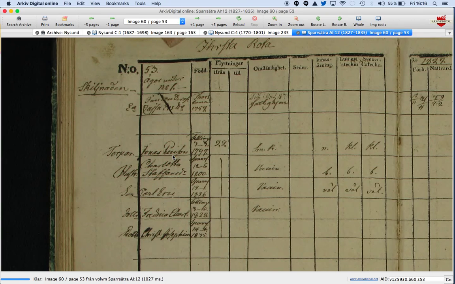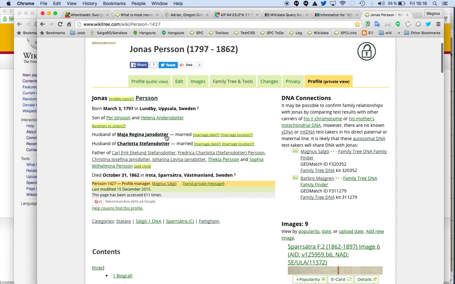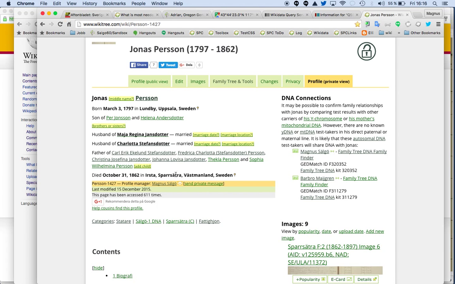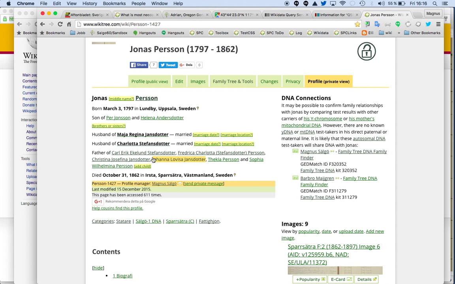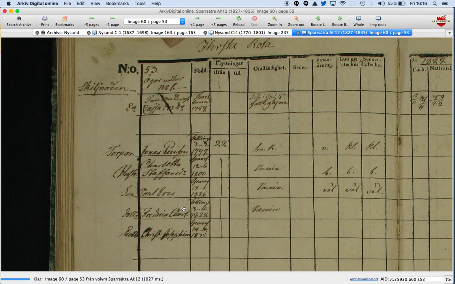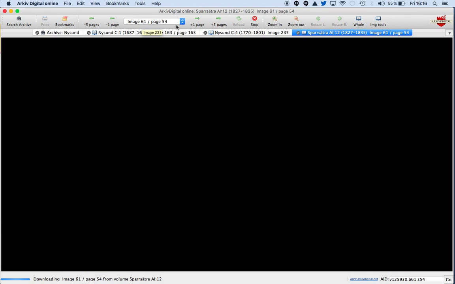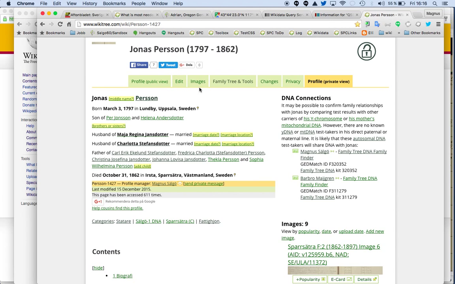Maybe I have it here. Yes, that's the same page. So it's Jonas Persson. He is married to Charlotta Stefansdotter. They have a son, Karl Erik. They have a son, Fredrika. They have a so... So that means that we are on image 60 or page 53, image 54, and as